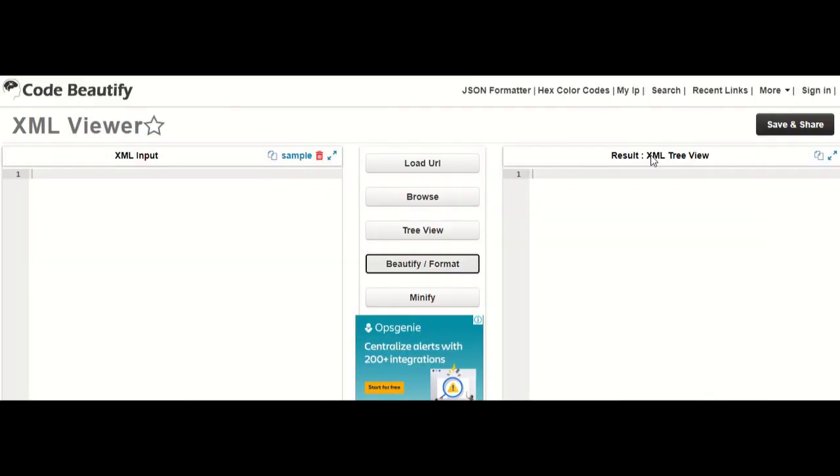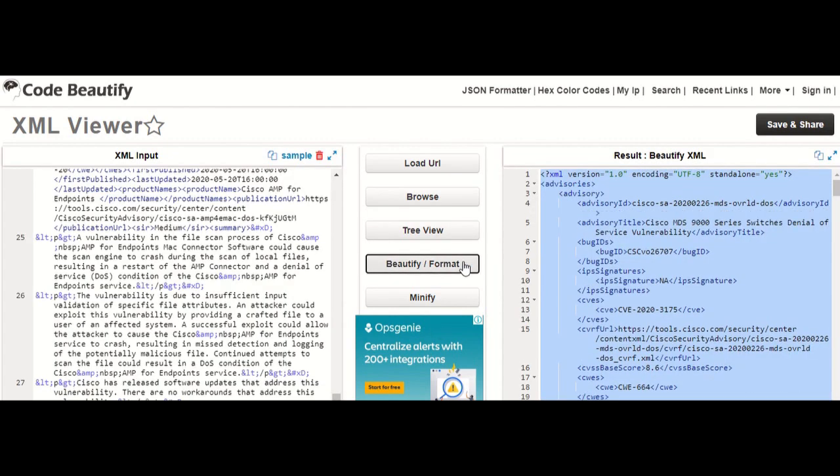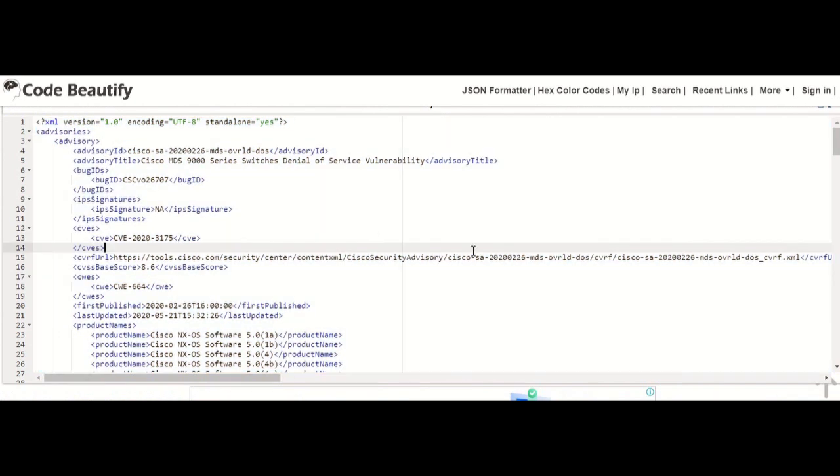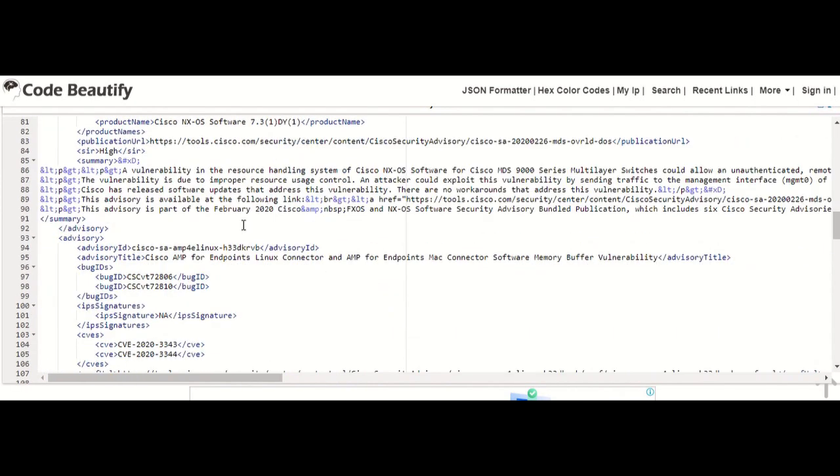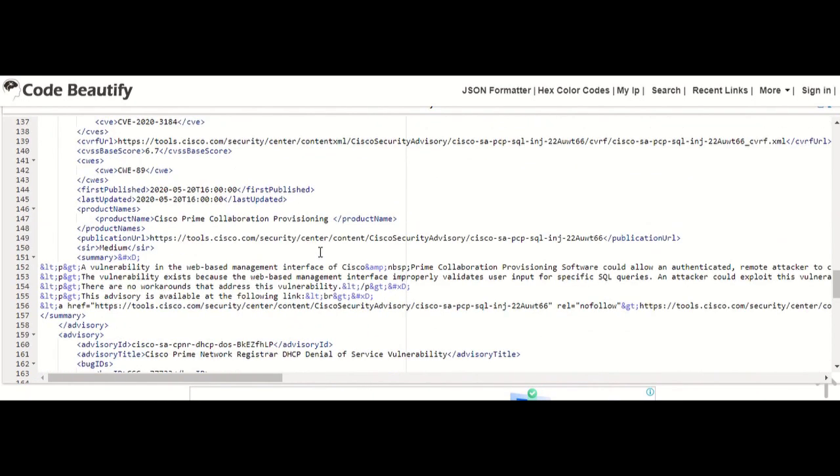We can use Beautify SOAP to beautify this, and this is probably what you will see. This is the bug ID for Cisco MDS 9000 series switches. You have the vulnerability description. It's a high vulnerability with this description. Like that, you can retrieve information from the Cisco website and use it in ServiceNow.